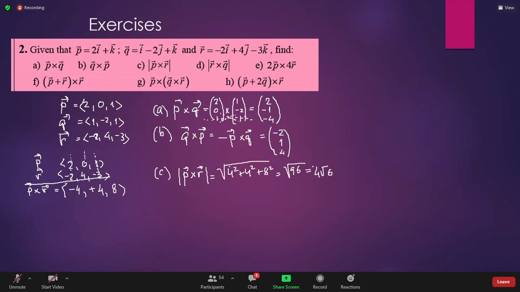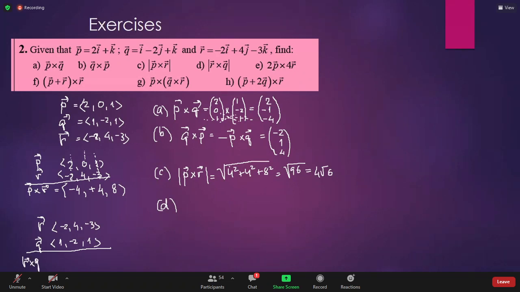D, R times Q. Again, absolute value, that means we again have to do this. R times Q. All right, vector R is minus 2, 4, minus 3. Vector Q is 1, minus 2, 1. Here you can see the minors very clearly. So vector R times vector Q